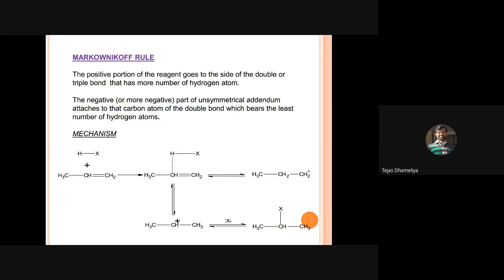Let us say if there is a formation of secondary carbocation, it may convert into tertiary. If there is a formation of primary, there is a scope of conversion to tertiary or secondary, it can do the things. I have given one of the examples in my previous sessions.